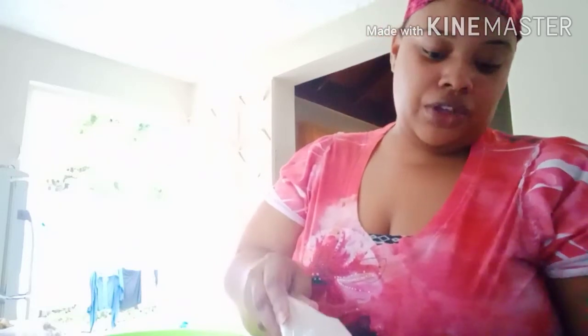So you deal with the dry ingredients first, similar to when you're baking a cake, you combine your dry ingredients first before you add your liquid. The only dry ingredient that I won't be putting in this would be my sugar, as I will be combining that with the coconut milk mixture, as I will demonstrate shortly. So here I have measured out flour,